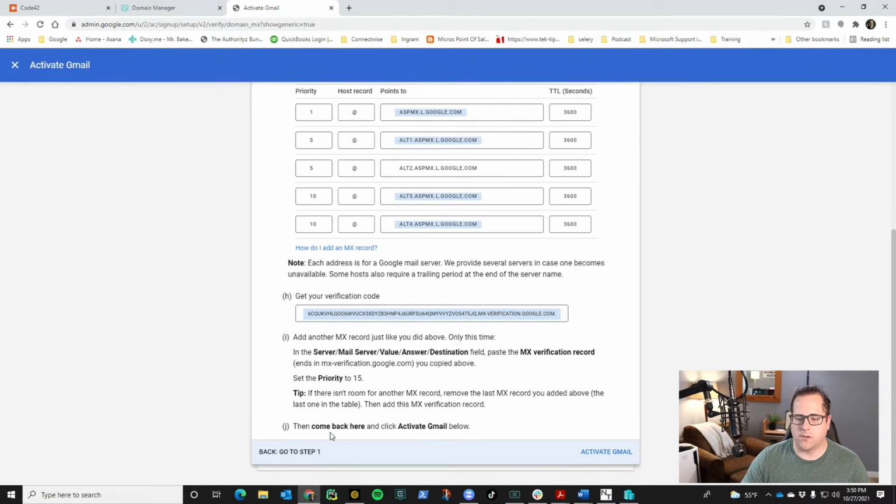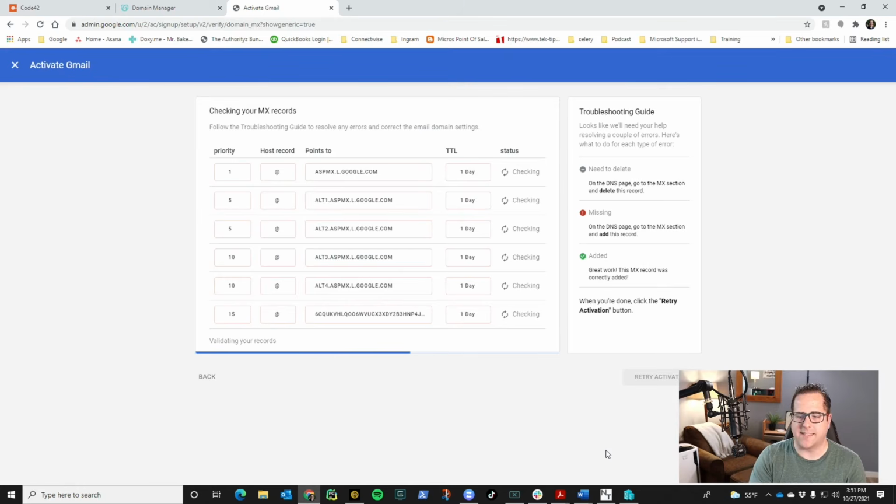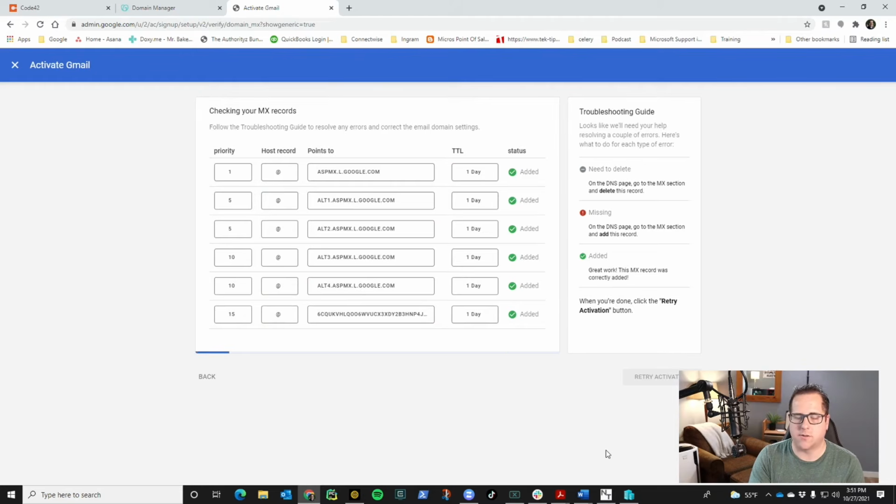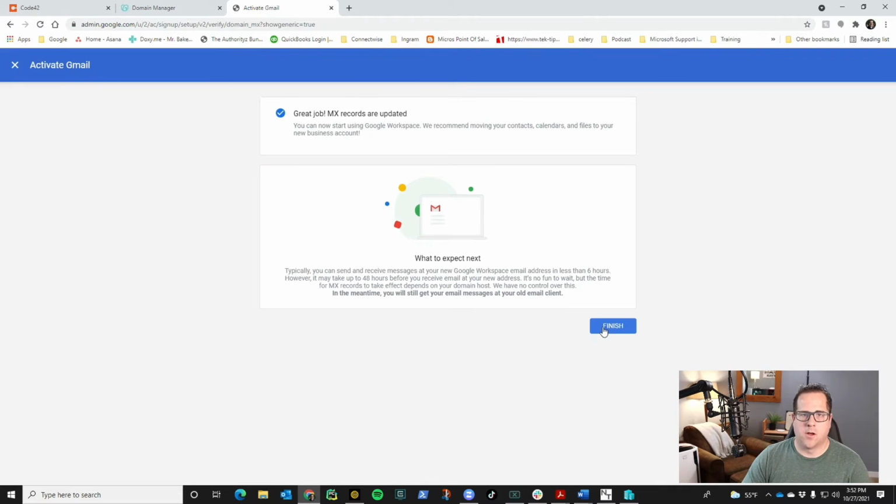So now what we're going to do is go down, then come back and click activate. Now that they're all in, it should work. This might take some time. If it doesn't activate automatically for you, just come back in some time. It could take anywhere from like 1 minute to 15 minutes to an hour. So just stay calm and it'll go. All right, now you can see here, it is done setting up my MX records, so I can click